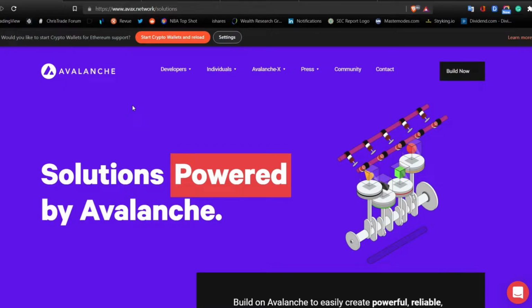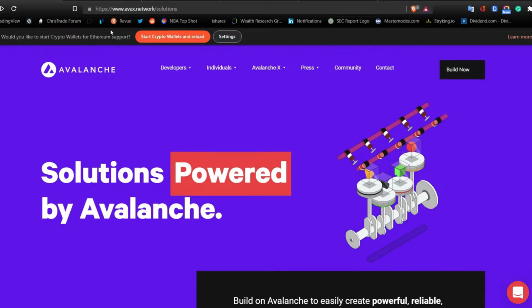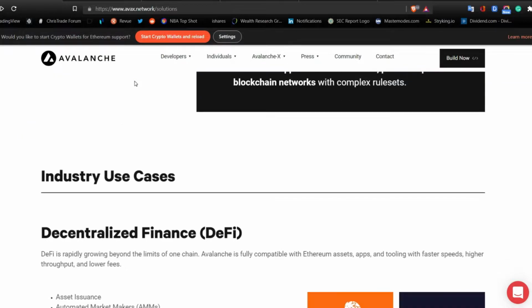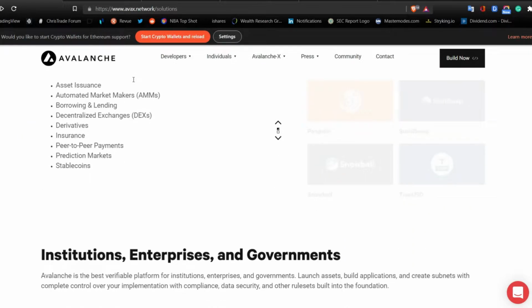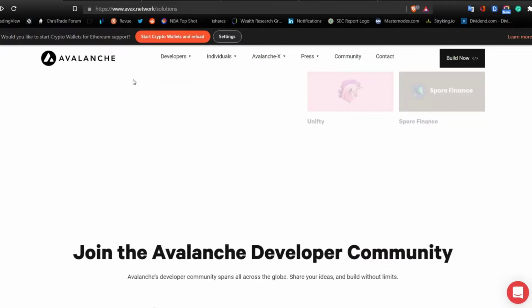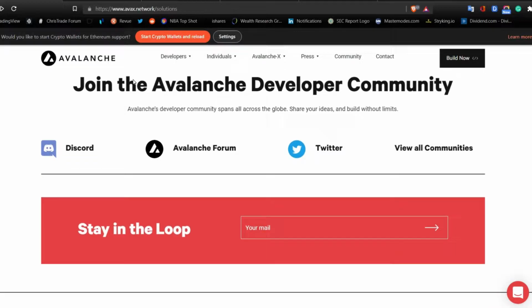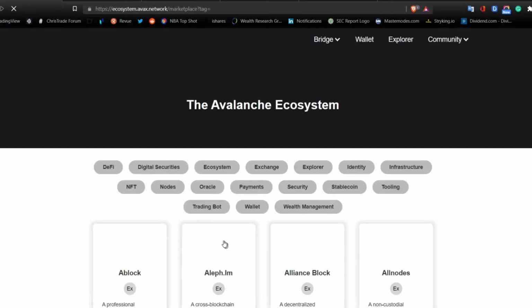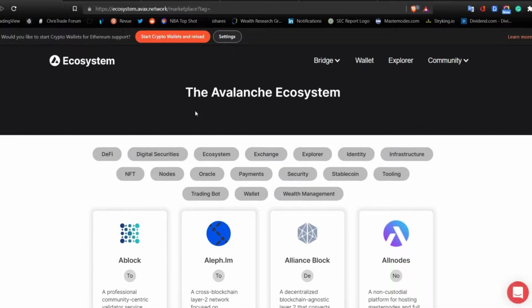We're going to be doing a technical analysis on Avalanche, and we're going to be looking at its utility coin, which is AVAX. In brief, its claim to fame is that Avalanche is an advanced blockchain platform that promises extreme scaling capabilities and fast confirmation times. At its core, it is built around a system of three interoperable blockchains: the exchange chain, known as the X chain, the contract chain, known as the C chain, and the platform chain, known as the P chain.